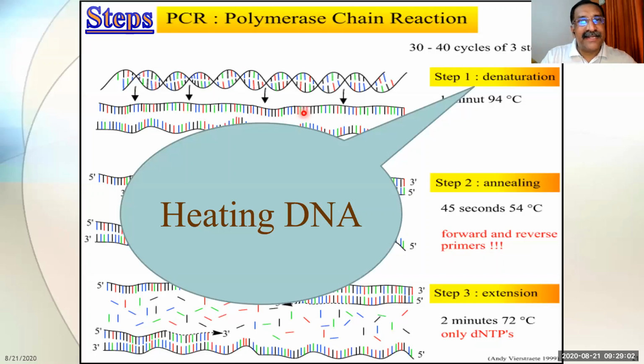Result क्या है? Double stranded DNA is getting straight and both the strands are getting separated. So this is what is called denaturation. Now, once the denaturation is over,